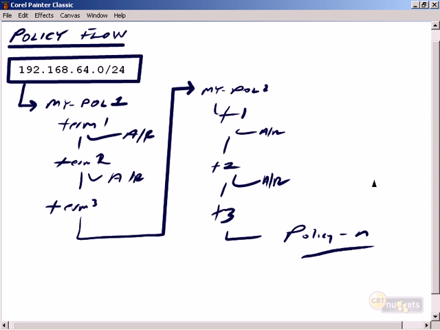Remember, if the first policy, mypol1, doesn't match, or if the match that happens is associated with a non-terminating action, like flow control or a modifying attribute, then Junos will evaluate that route against the next policy in the chain, and it keeps on going for all of the policies in our cascade. Now, what if there's no match? Well, remember the default policy? Ultimately, Junos would apply the default policy for whatever protocol we're dealing with if there's no terminating action while evaluating